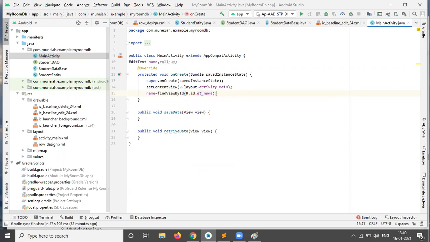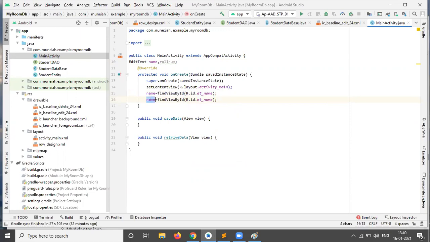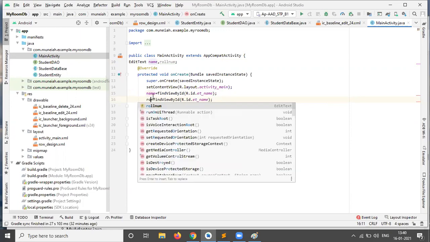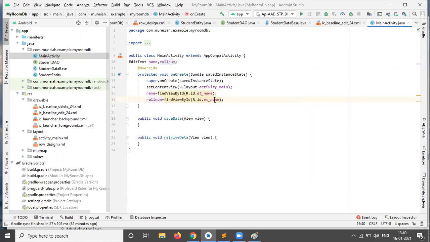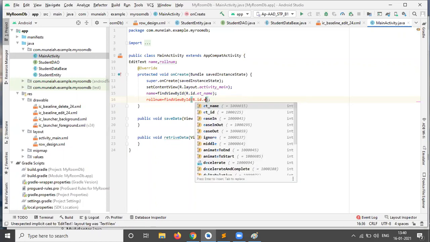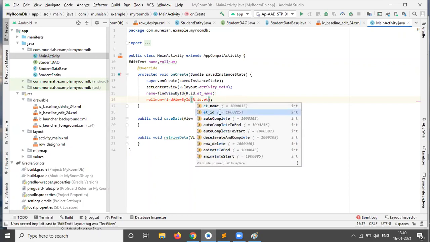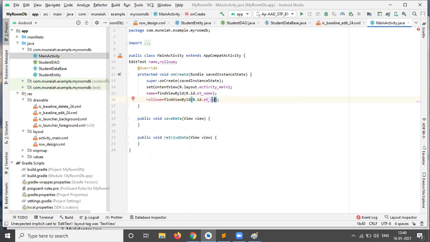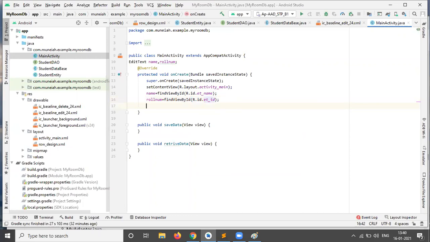Give the semicolon at the end. Then for roll number, et_roll_number.